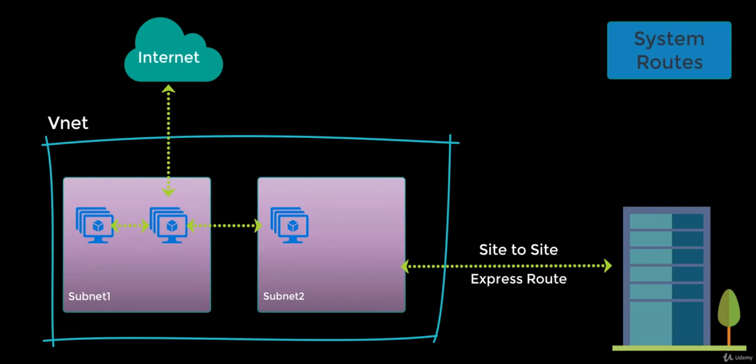Consider a virtual network with two subnets. Communication between the subnets and from the front end to the internet are all managed by Azure using the default system routes. Information about the system routes is recorded in something called a route table. A route table contains a set of rules called routes, and that specifies how the packets should be routed